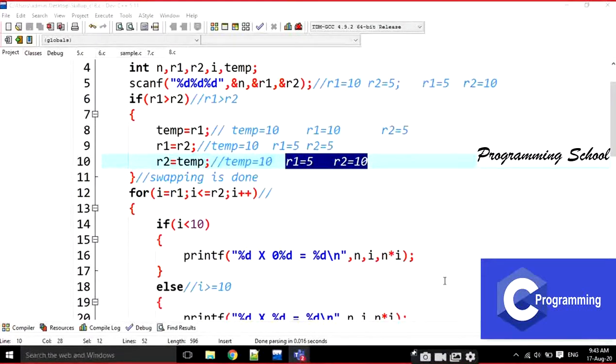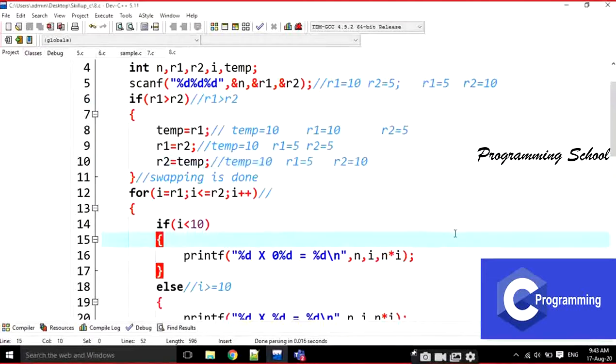This is the one condition. And I am going for